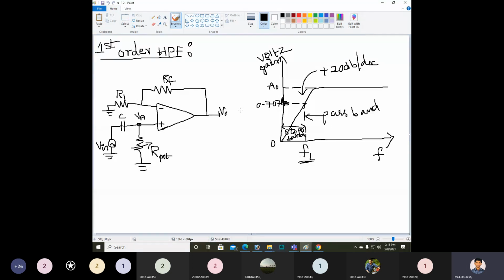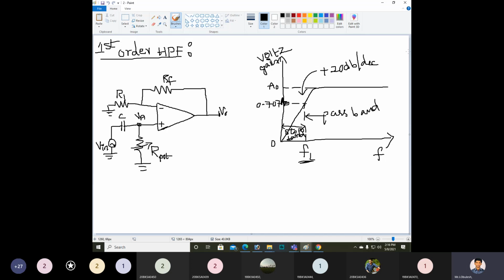So in this, first you need to keep in mind, this high pass filter is a circuit that attenuates all the signals below the specified cutoff frequency denoted as FL. The meaning of this statement is, if you have low frequency signals below the specified cutoff frequency, you denote it as FL, low frequency signals.